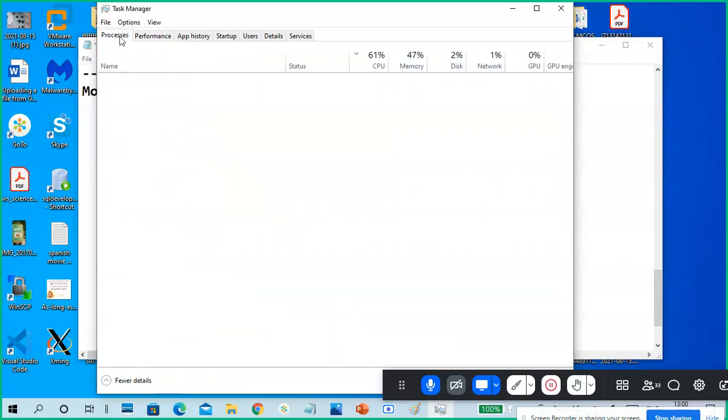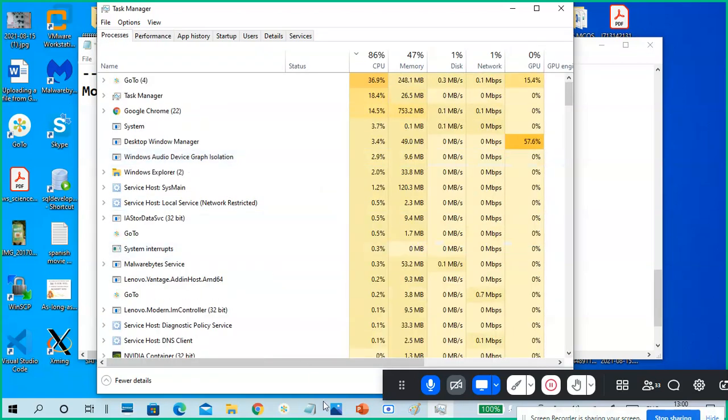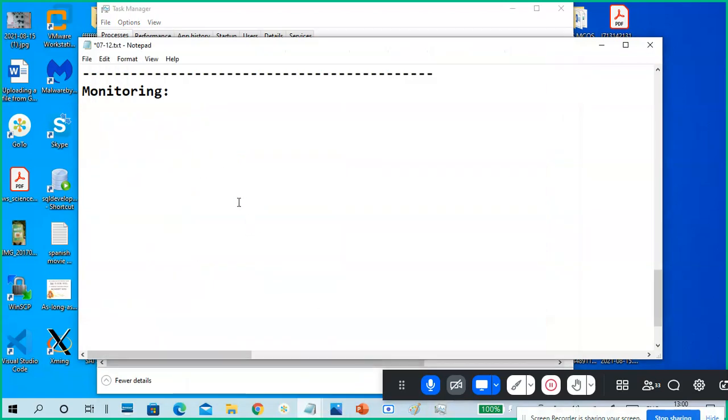So in an individual PC, that is how to monitor a simple PC. So what to monitor in the infrastructure also? Your CPU, your central processing unit: performance monitoring, CPU monitoring.